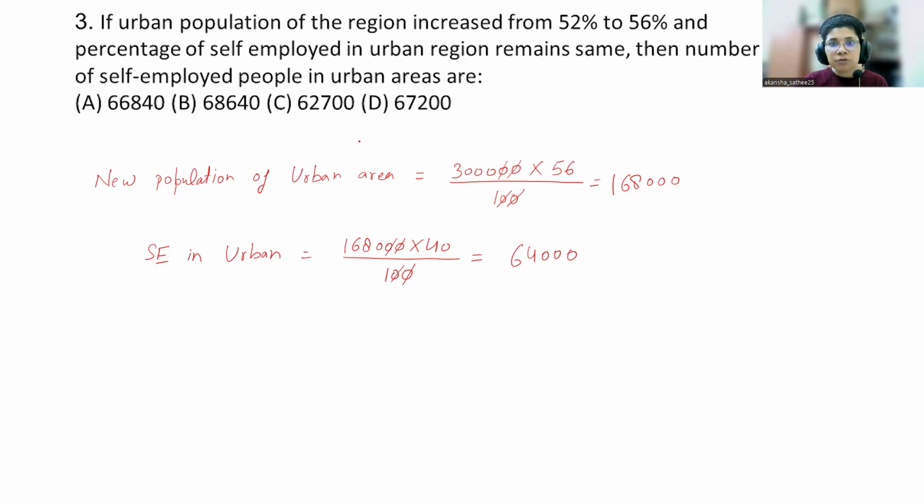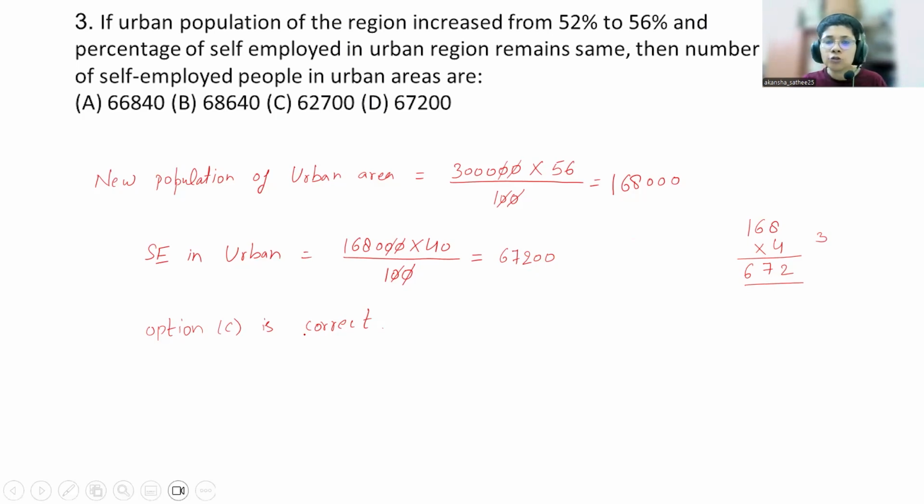Okay. So this we have to correct. So 64,000 is the correct answer. This is the answer. Is that clear? So this doesn't seem to be correct. This multiplication we have to do again. Let's see. If we multiply it, what will we get? So 1680. Let me not use this 0. 0 we will put later on into 4. 3, 7, 6. So it is 67200. This is your final answer. Huh? This option is there. So option C is correct.